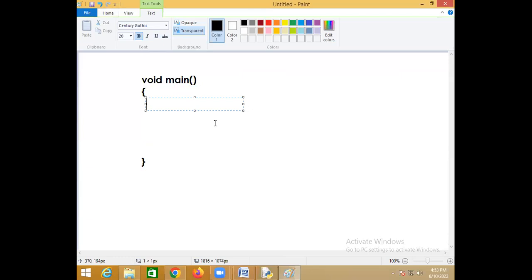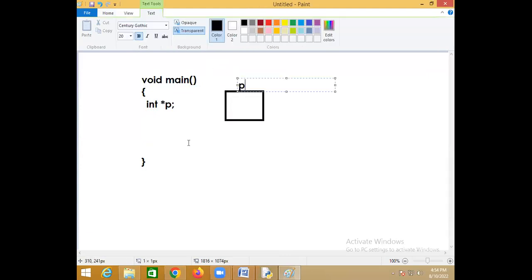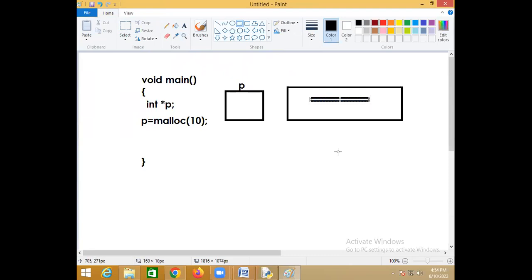For example, I allocate memory by saying int *p. Here p is a pointer, and a pointer holds an address. You reserve the memory by calling malloc, with a space of 10 bytes. Then after that you store the data. After storing the data, I want to delete this memory.